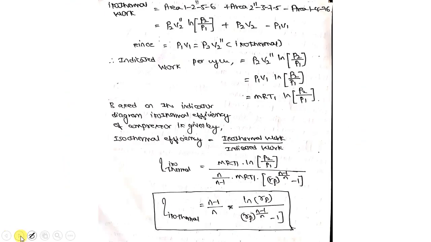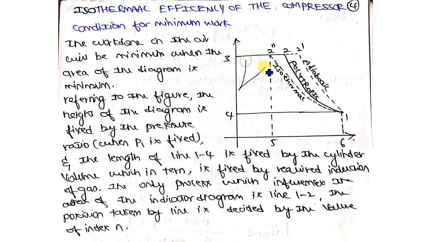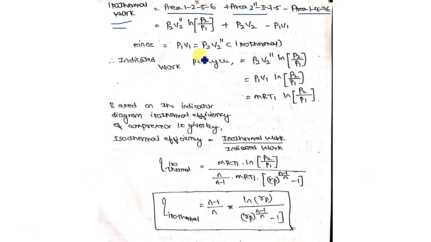It is given by, again go with the PV diagram. I cannot go to the previous slide. So area 1 2 5 6 plus area 2 3 7 5 plus area 1 4 7 6. If you do this, you'll get the isothermal work that I have just calculated here. If you want to calculate the whole thing, you have to add some of the areas and delete some of the areas. It is just geometry, just follow it. So area under 1 2 5 6 is given by, because it is an isothermal process, P2 V2 double dash into ln of P2 by P1.